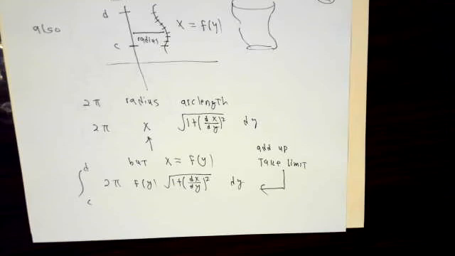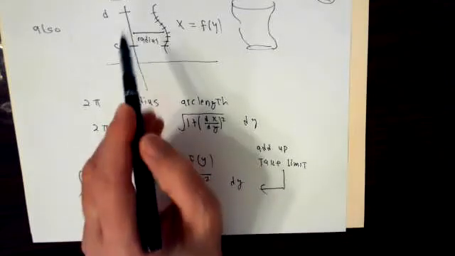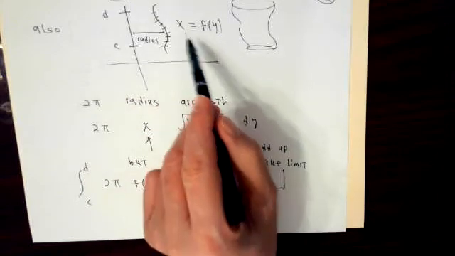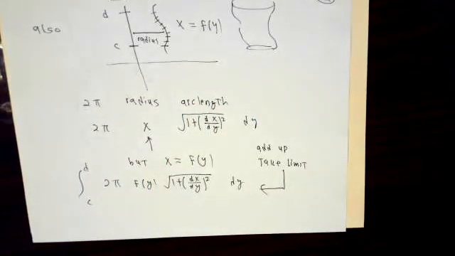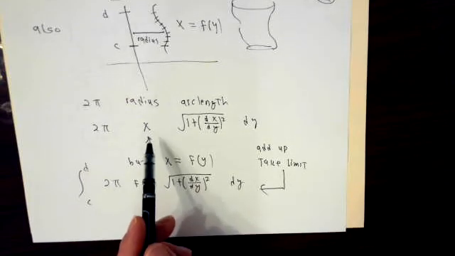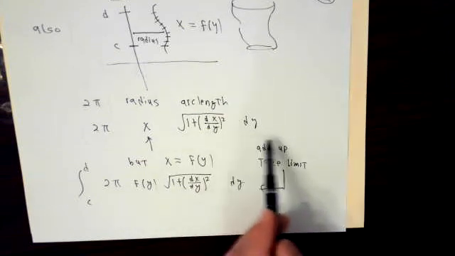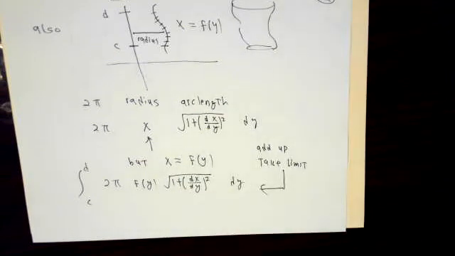And just like before, you can do exactly the same thing if y is not a function of x, but x is a function of y. The radius now is going to be the x coordinate, and x is some function of y. So 2 pi times the radius times the arc length is 2 pi times the x coordinate, which has to be expressed in terms of y, times the chunk of arc length, which, if I'm thinking of y as being the variable, is radical 1 plus the derivative squared, not of dy dx, but of dx dy,